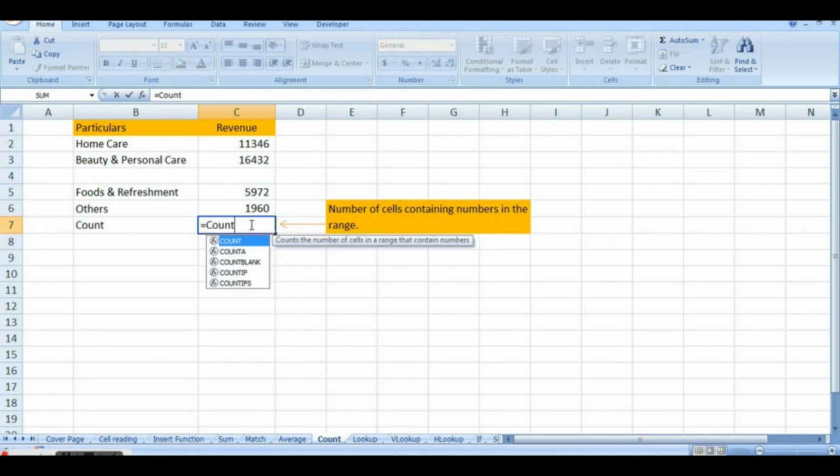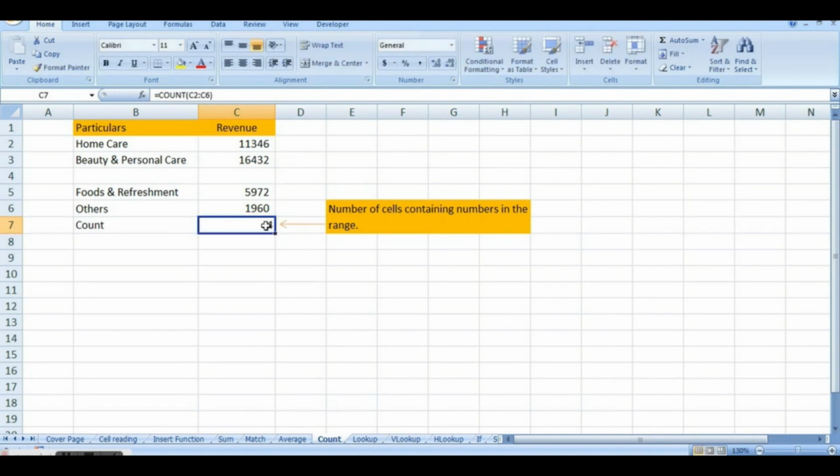Put Excel into calculation mode, type count, select the area. Here we want to find out how many cells are containing values out of this. So I selected all the area required, close the bracket, 4.